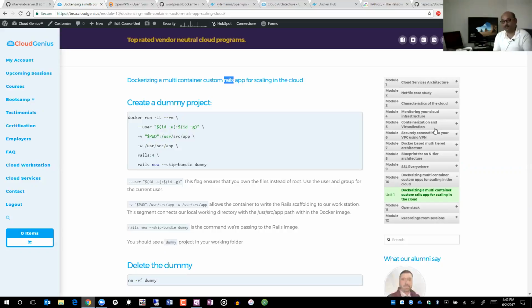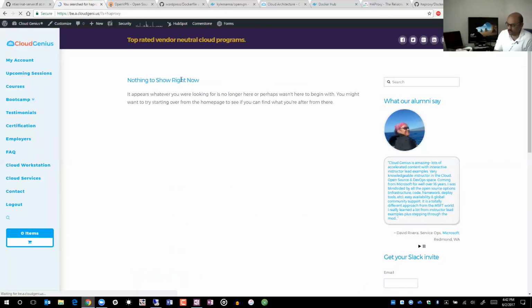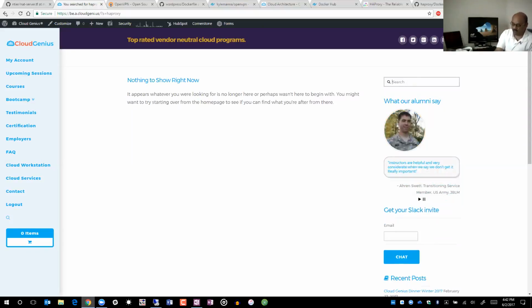And that's the scenario which comes in handy. So somewhere here you will find it, or maybe search it. I hope search works. I've never tested search, but it might work. So nothing to show right now. Search is not functional yet on the site. But having said that,